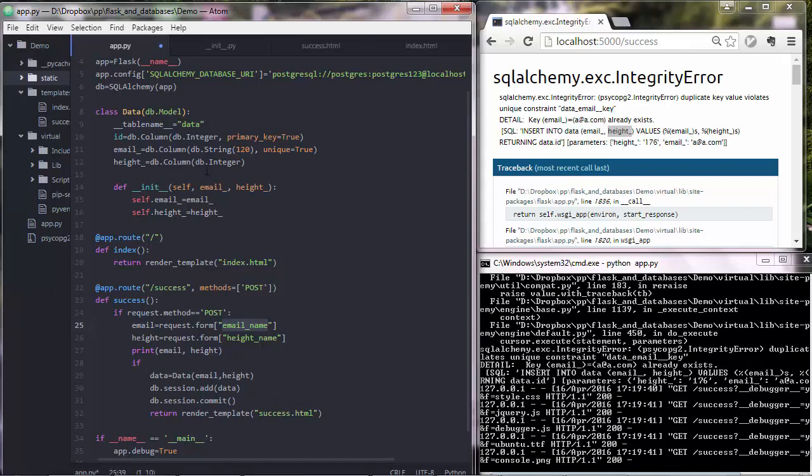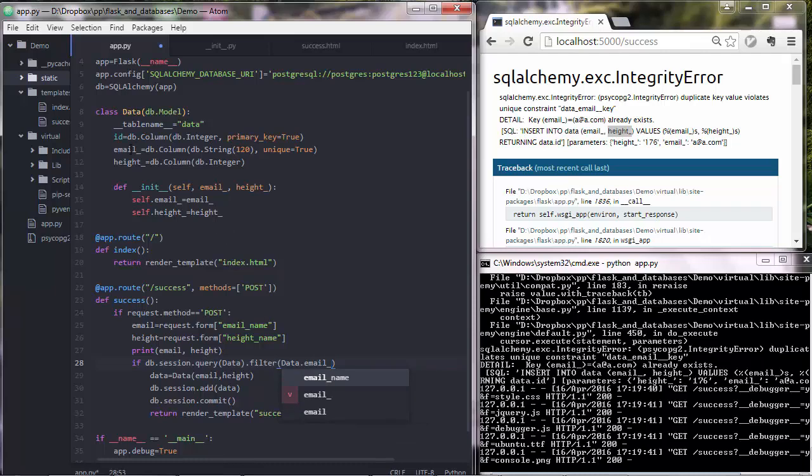of the table data. So to do a query, we would go like db, so we point to the db object, and then to the session, and then to the query method. And what we need to pass to the query is always the name of the class, so the blueprint that holds the database model. And then we filter that, so we don't want to query everything. We want, from data, the email field,